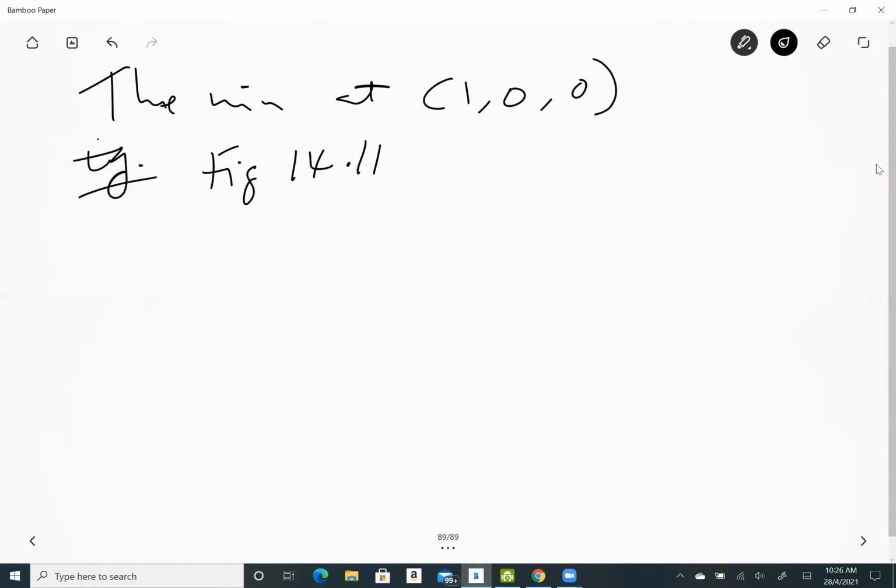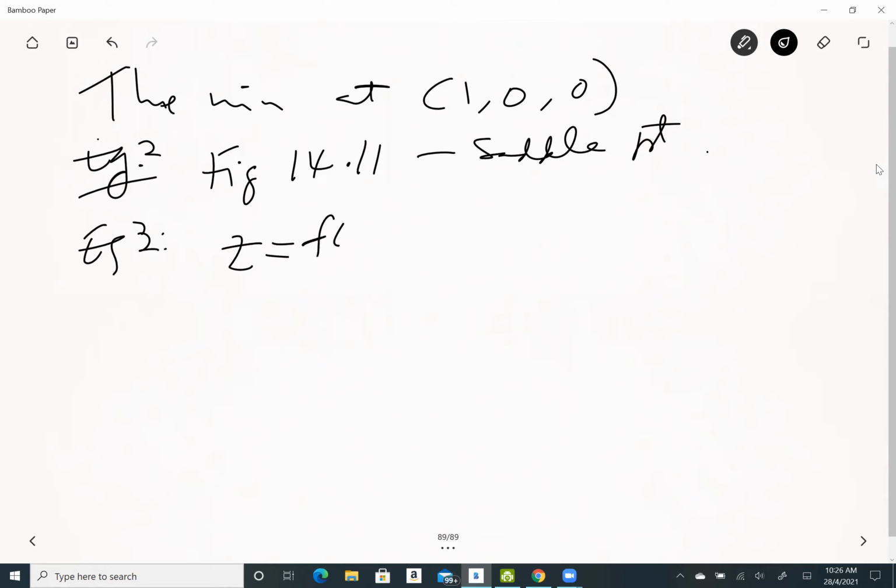Okay, so consider this example, and then we come back to example number 3. So here is example number 3. Example 2 is the one that I want you to look at the saddle point. So you go home, go check that again. The third example, I'll give you this example, and then we go back to example number 3 in the book. Now, suppose I have the following function: z equal to f of xy